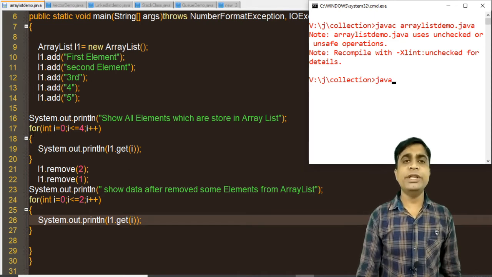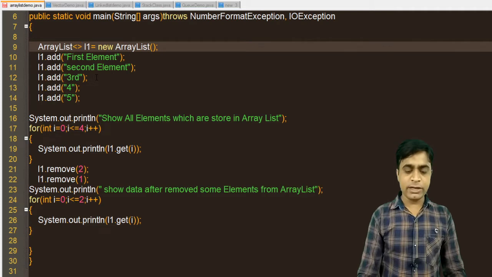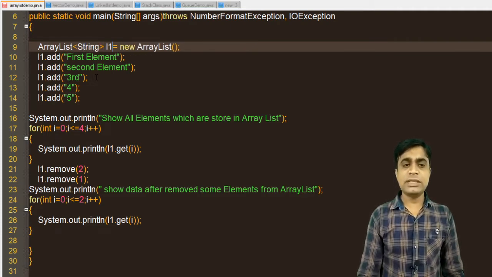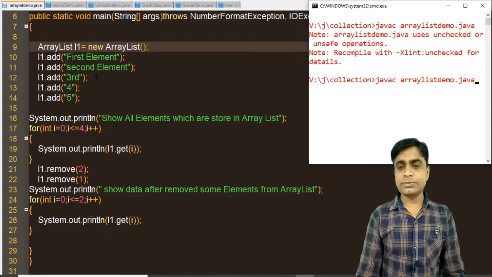So if you need to specify only string values, you can write in angle brackets the type String. Same as here, write the String here. At the same time, this will accept only string values. Okay, so now let's run this code.